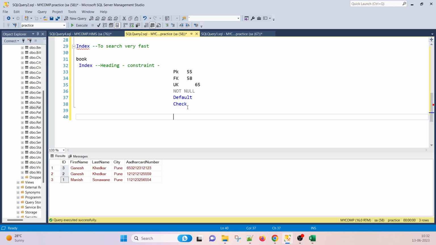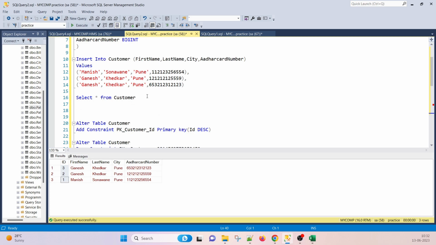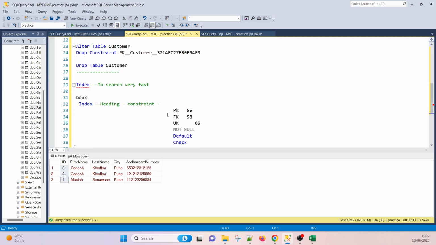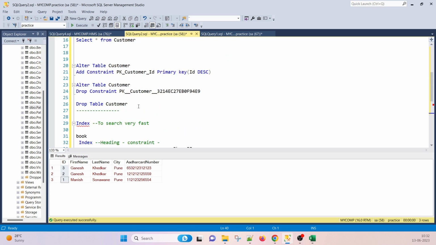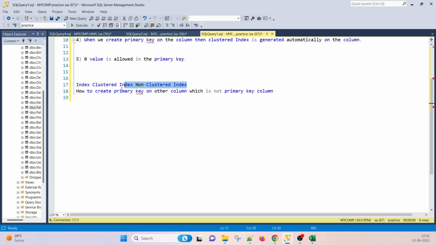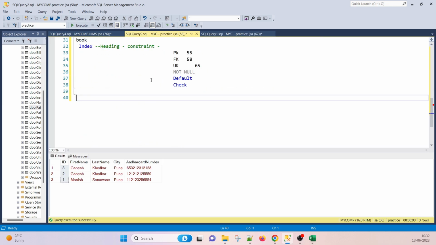And one more thing, clustered index and non-clustered index. Actually I will show you all the details about the clustered index and non-clustered index, but I'm giving you a brief explanation here. A clustered index is nothing but all the records are stored in a clustered way. Correct? Clustered means there is a similar group of records in one chunk, and in non-clustered